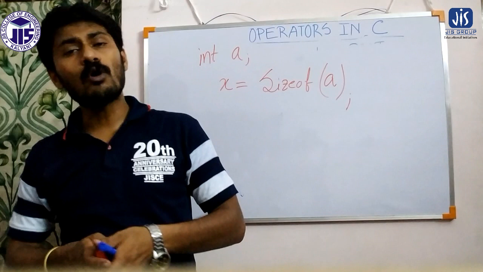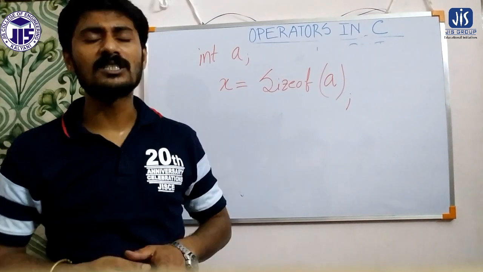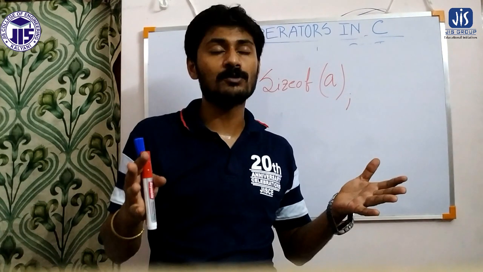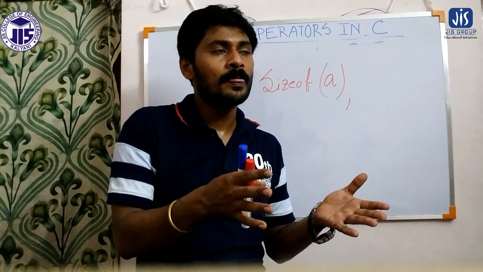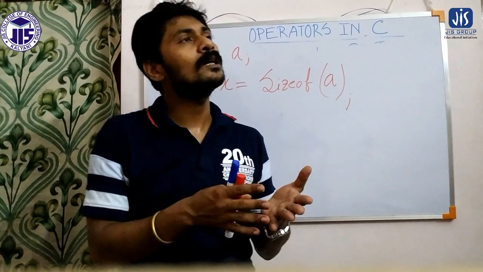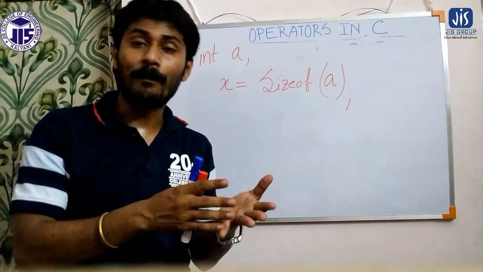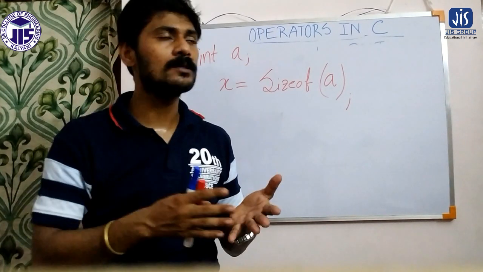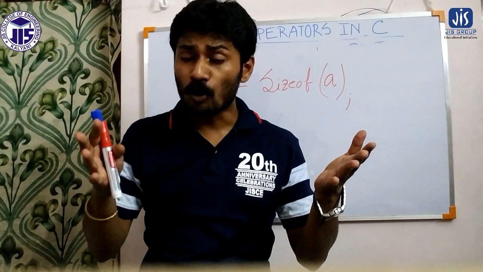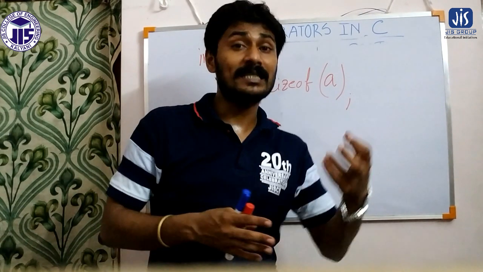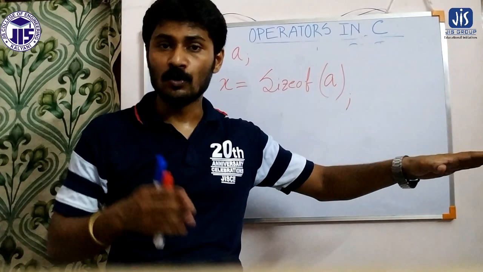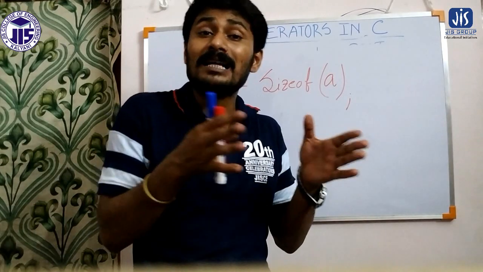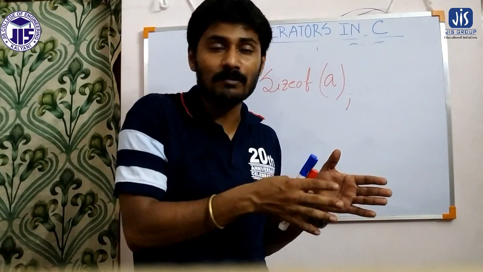So throughout these 3 lectures, we have discussed different operators in C. Arithmetic operator, using which we can perform arithmetic operations. We have used assignment operator, using which we can assign values to a variable. We have discussed relational operator, using which we can verify the relation between 2 variables. We have discussed conditional operator, using which we can execute a particular statement depending on a condition. We have used logical operator, where using logical and, logical or we can merge multiple conditions in a single statement.